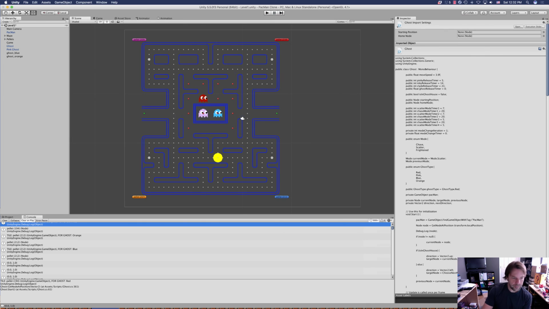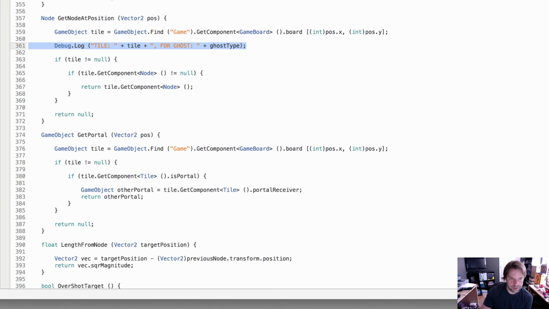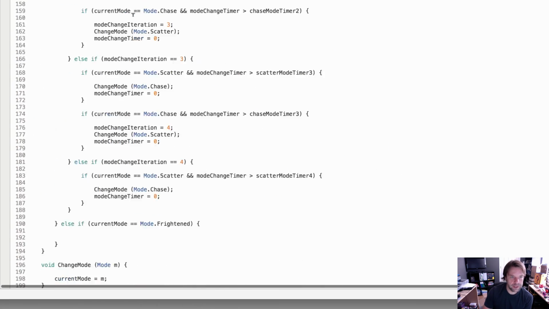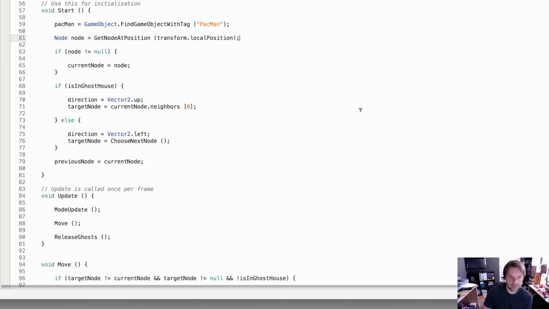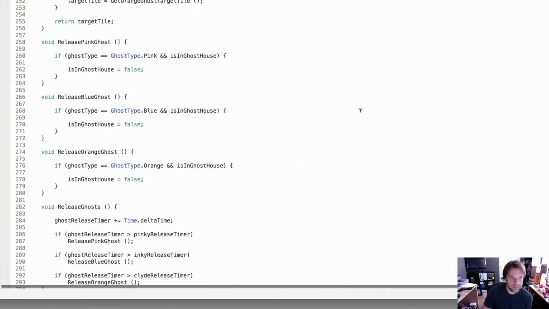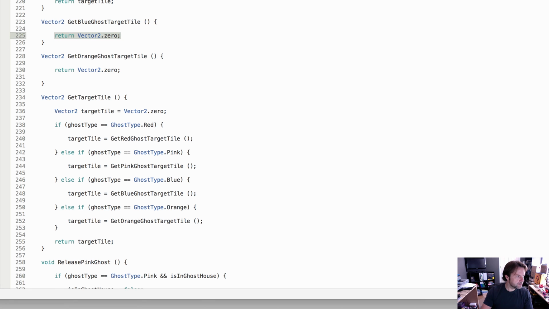So, with that in mind, let's finish this up. And first we're going to go in and remove all these logs, the debug statements. And you guys probably don't have to because you didn't put them in. So, removing debug.log. Alright. So now all we have to do is add the AI. So we take those right here, get blue ghost target tile and get orange ghost target tile. Alright, so the blue ghost